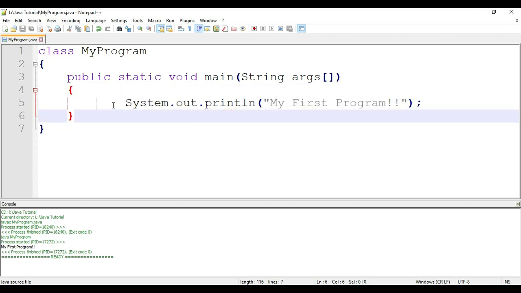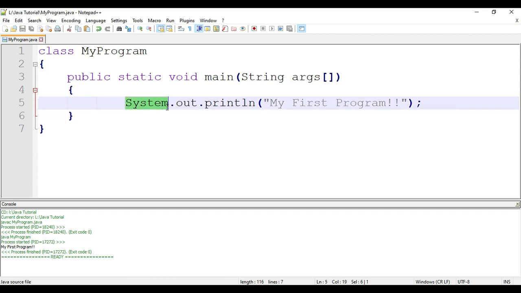Now what I want to do is print a simple message, my first program. To print anything on the console in Java, you have to use System.out. So System.out refers to the console for printing something, and then we have the methods println and print.